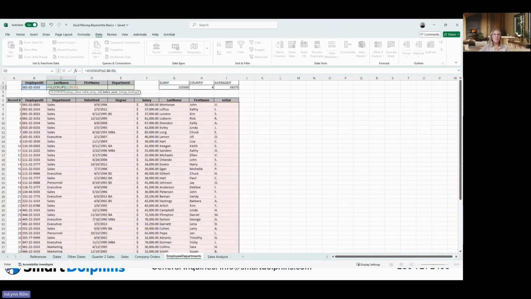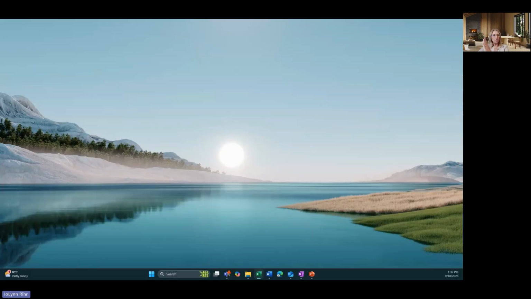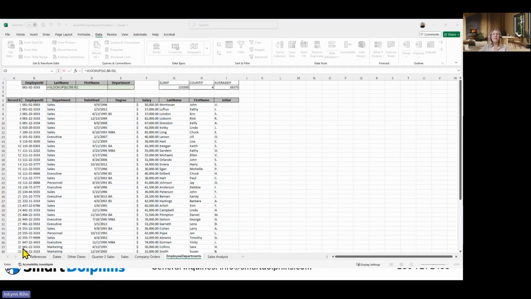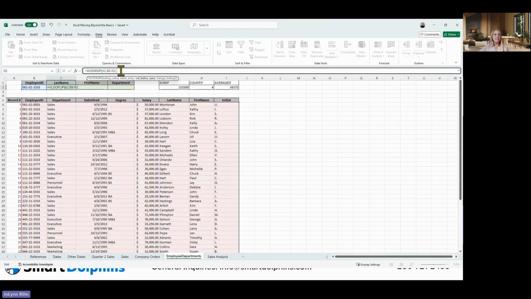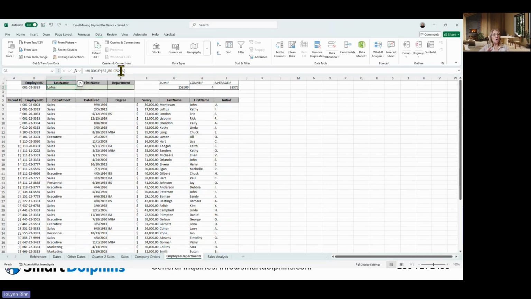What that is referring to is it wants to know which column going across is the column that we want the answer to come from. So I start on employee ID, that's column 1. Then it's department, date hired, degree, salary, last name. Last name is the 6th column across. Then I can do Control Enter, and it will automatically find the last name for the person based on that